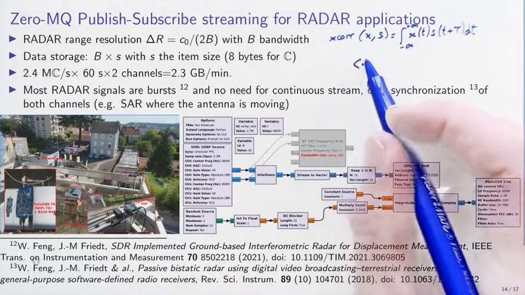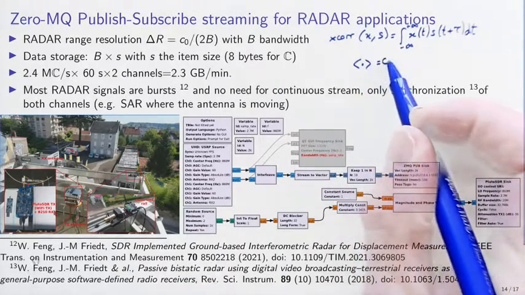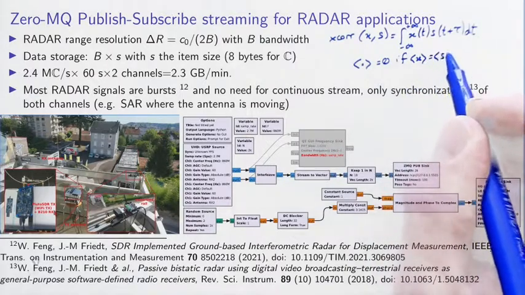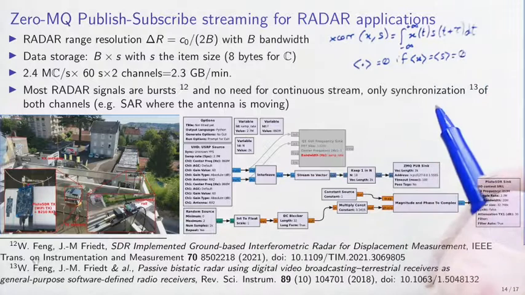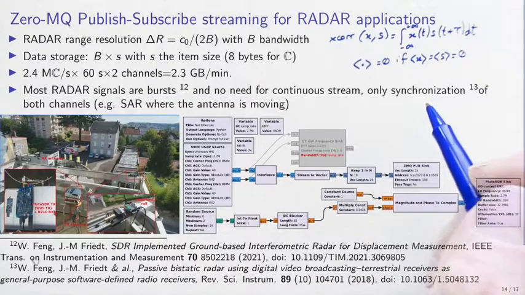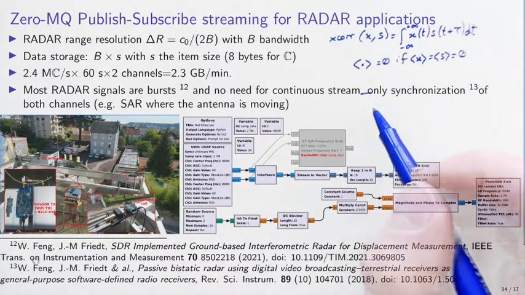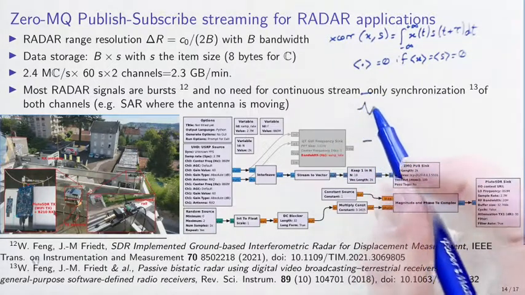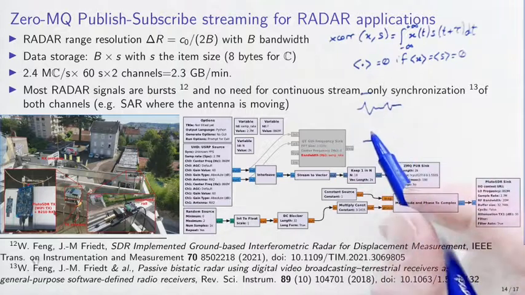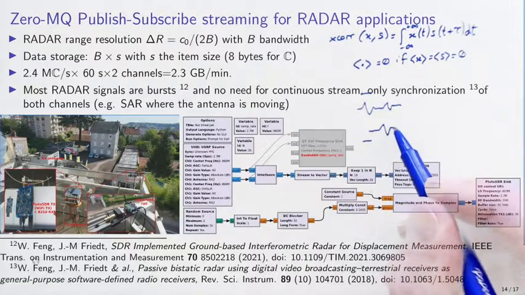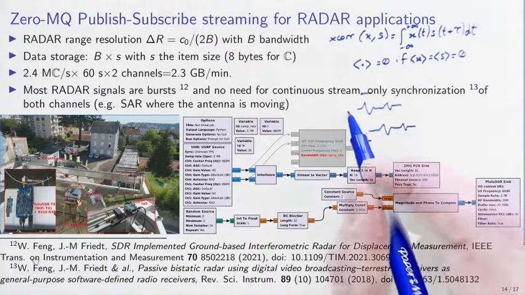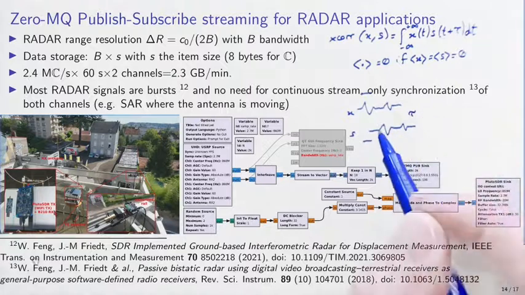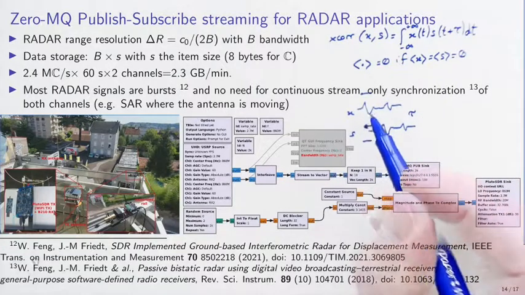So usually the mean value of the correlation will be equal to 0 if the mean value of x and the mean value of s are equal to 0, except if x and s match. If x and s match, then x is a randomly varying signal, and s will be time delayed copies of this signal x. But if the time delay tau brings this signal to match, then the positive part